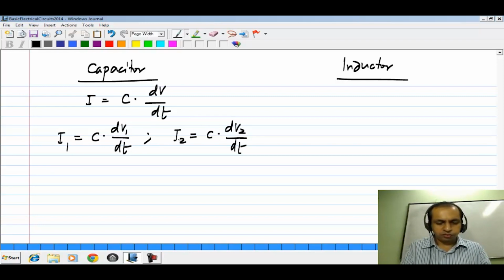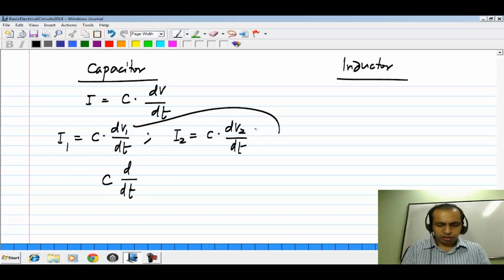These are all functions of time, although I am not showing them explicitly to be so. Then if you apply a linear combination of these voltages, okay, so let's say you make a linear combination of these as alpha V1 plus beta V2, you will get